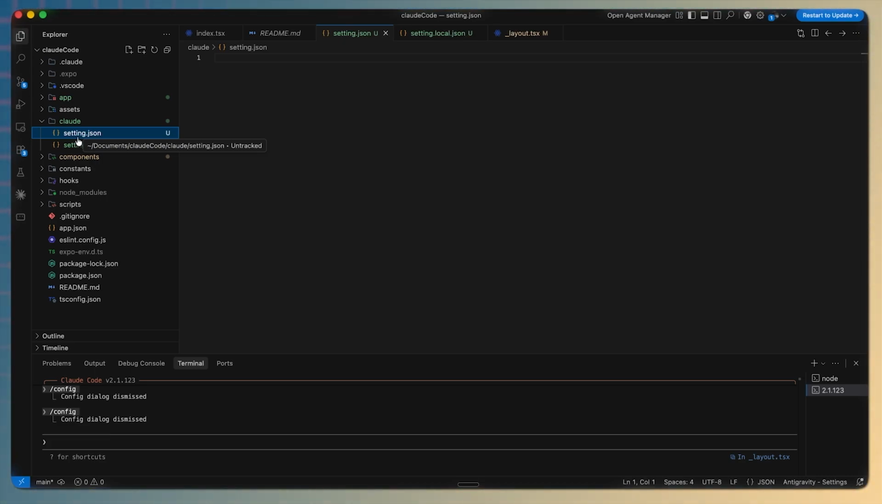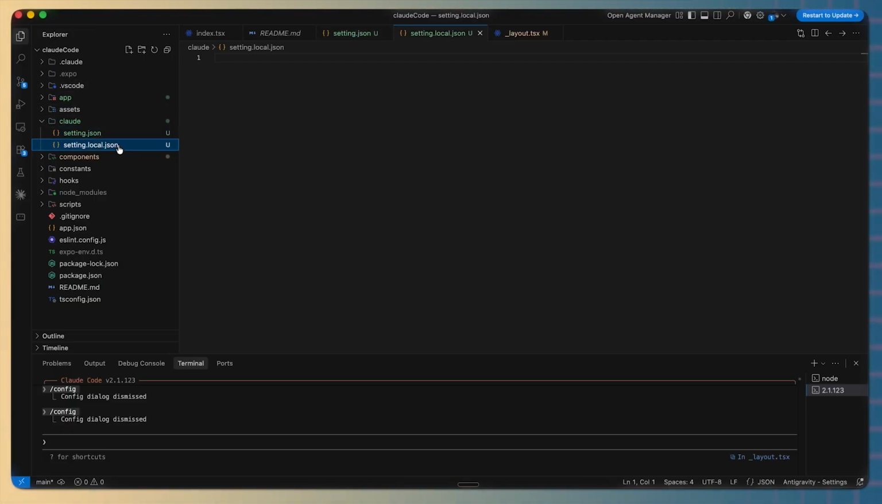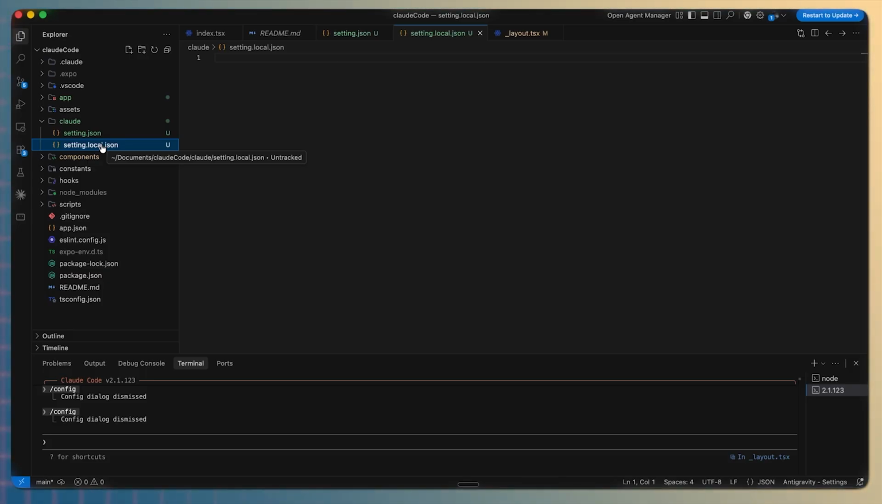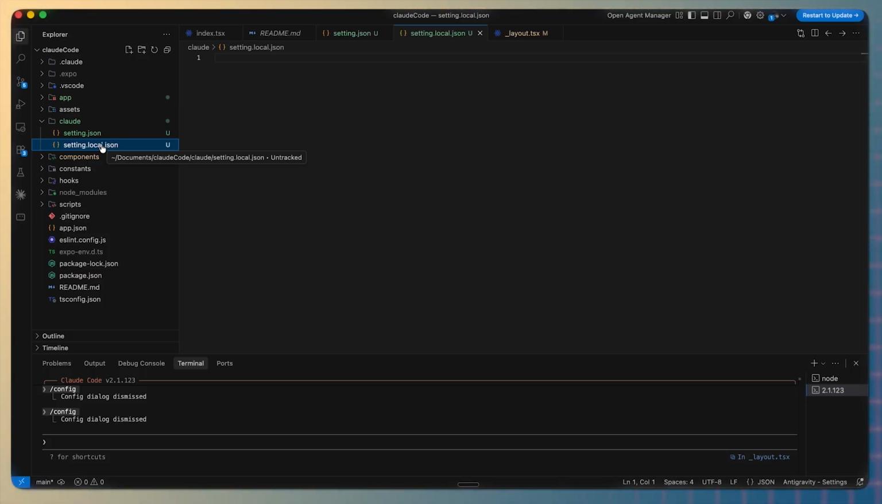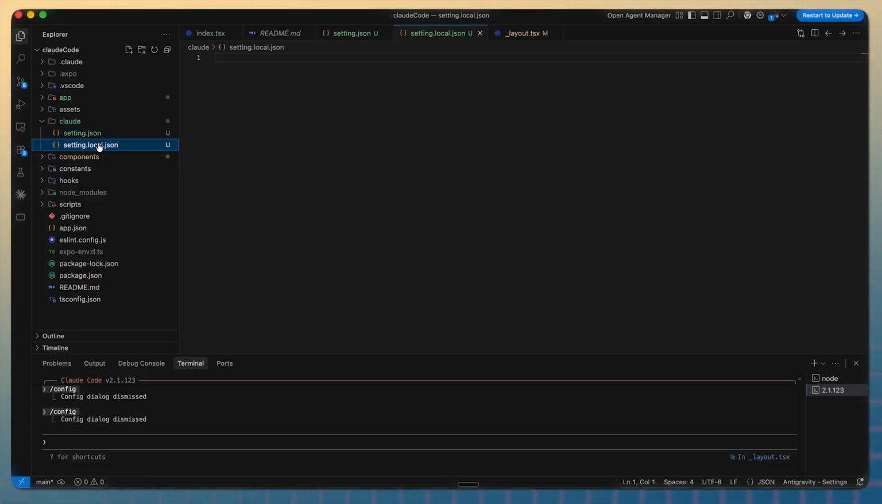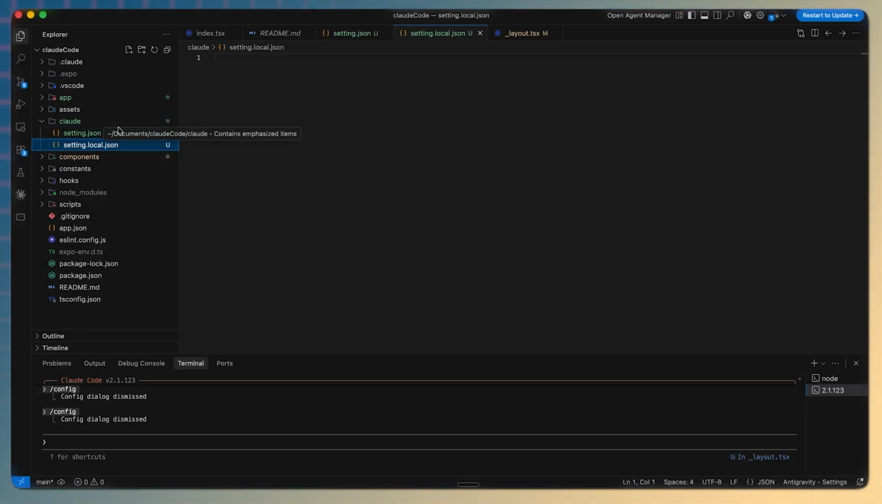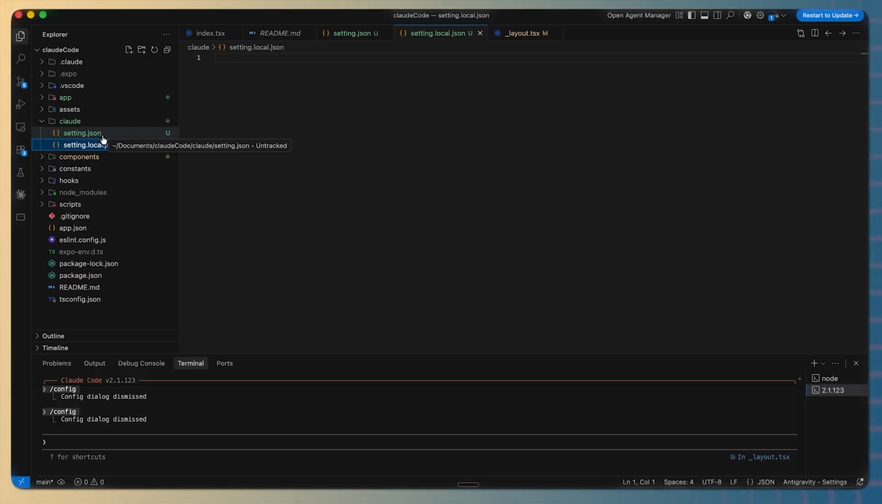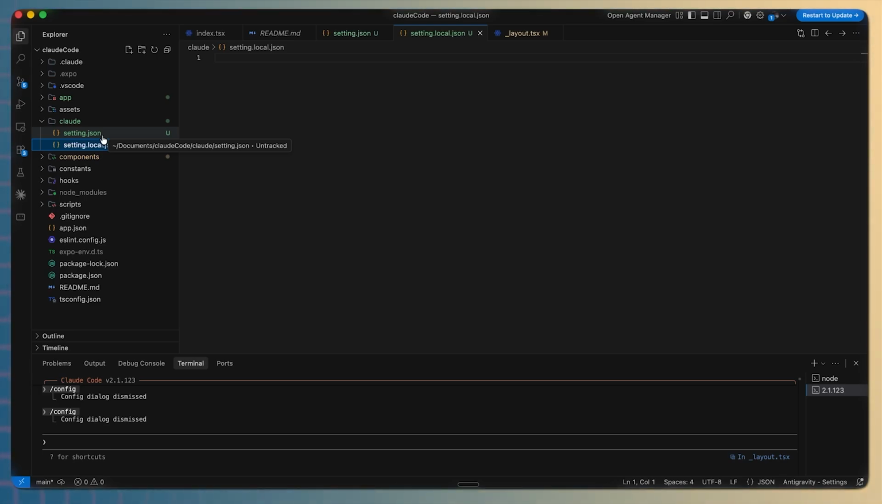You can also add a settings.local.json file, which I have created just below this settings.json. It will be a project-specific settings file that will override the global settings and the settings that you have inside this settings.json. The benefit of this is that it is not a part of your GitHub repository. For example, if you are working with a team on a live project,